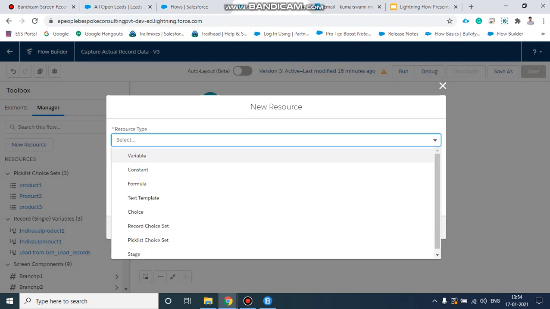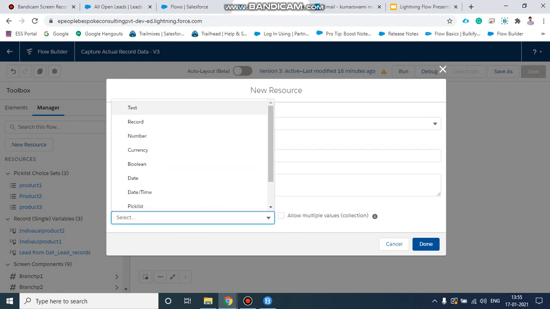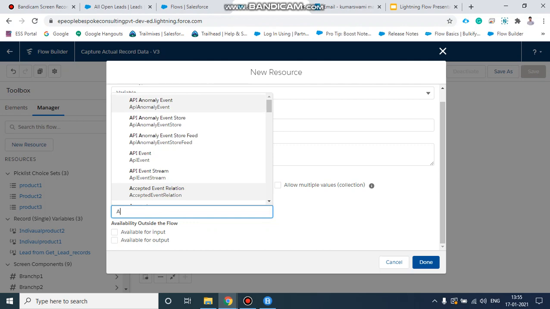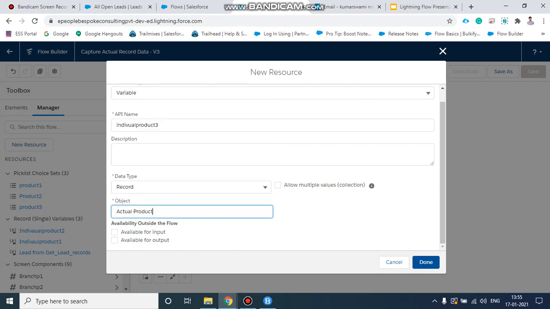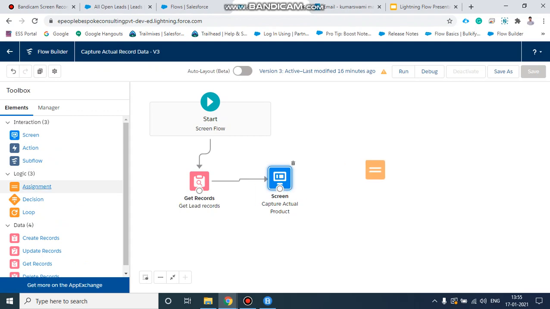So for that I am creating three variables. Another one is individual product 3, and the data type should be the same record and the object will be actual product. Done.